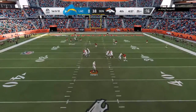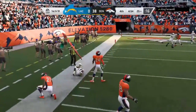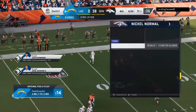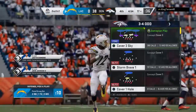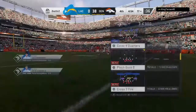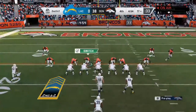Operating from the gun. Herbert. He gets it to Cooks. A good pickup there. 8 yards on the 1st down completion. One thing you're hoping for when you run drag routes, you're able to hit a receiver in stride and he can pick up a lot of yardage after the catch. But in this situation, the defense was effective, able to stop him before he could get a good head of steam going. Facing a 2nd and 2 after that last catch, good for 8